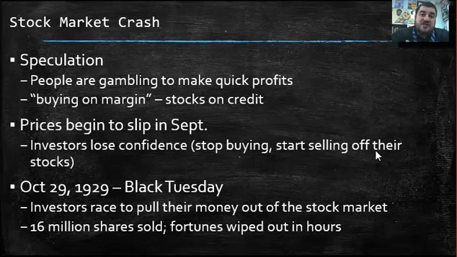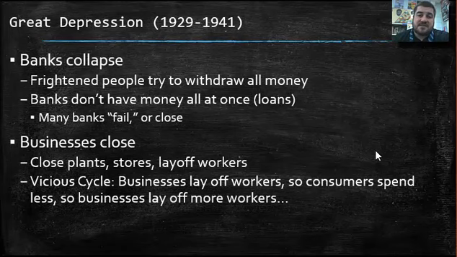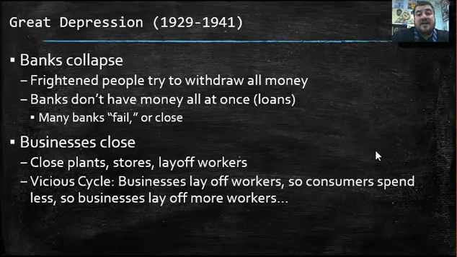So if people are dumping off their stocks, that means they're not worth anything. So nobody's going to buy them, so their value goes down. So if I originally bought a stock for $5 and I hold it, and I can't sell it, and now it's worth 3 cents, I just lost $4.97 of value in that stock. The money's gone. And so I sell the stock for 3 cents and I have nothing. Entire fortunes are wiped out in hours because of this stock market crash. So the Great Depression is the era from between 1929 to 1941.